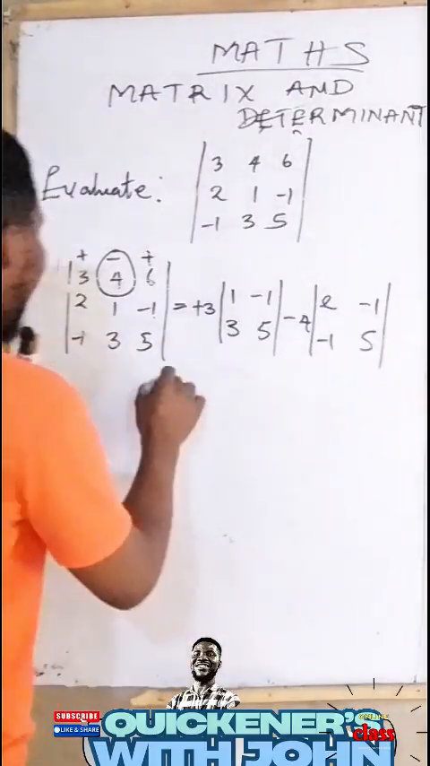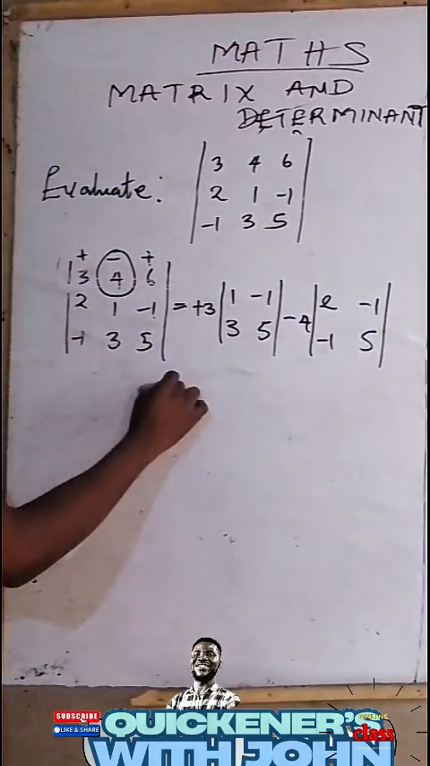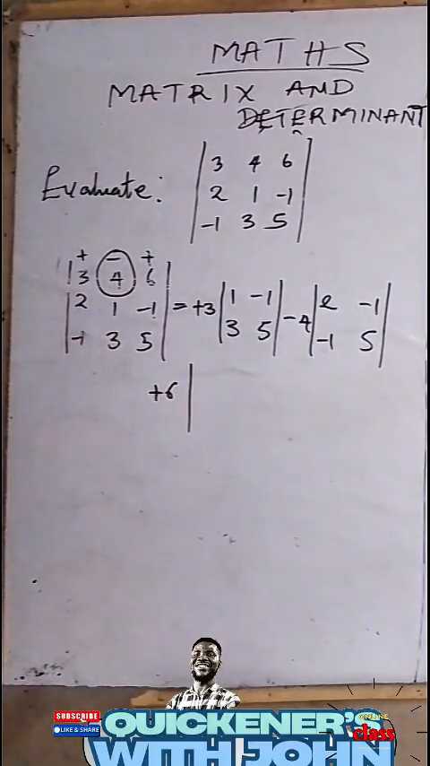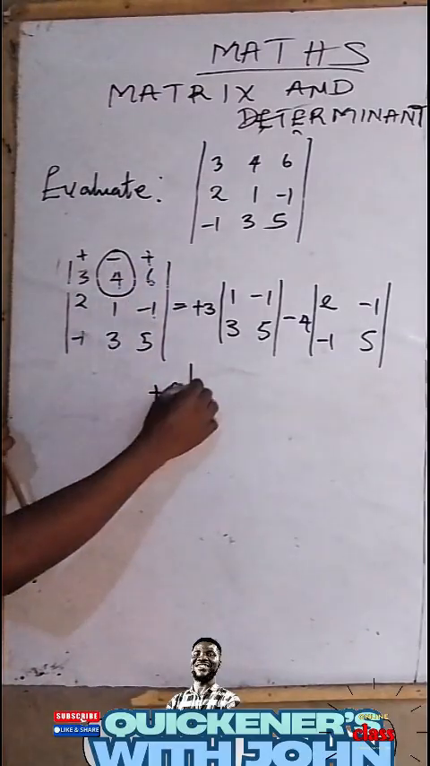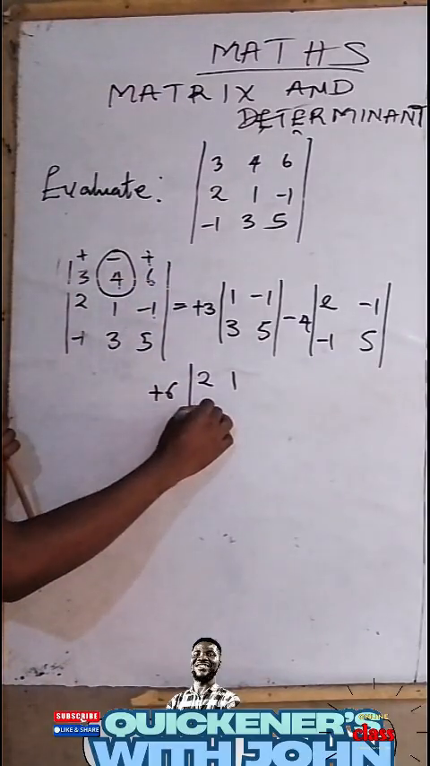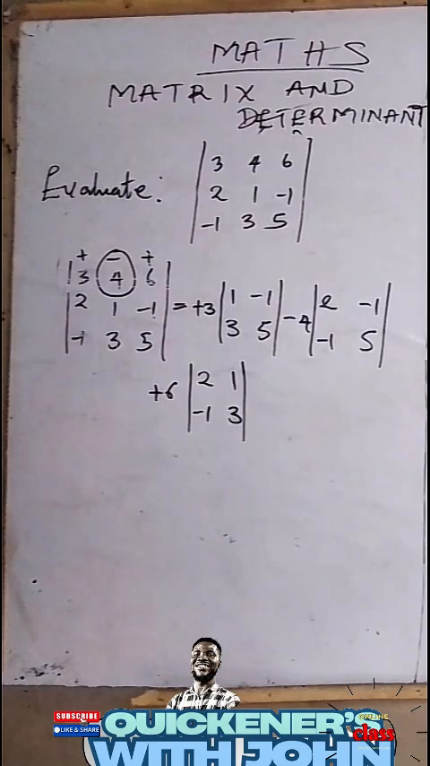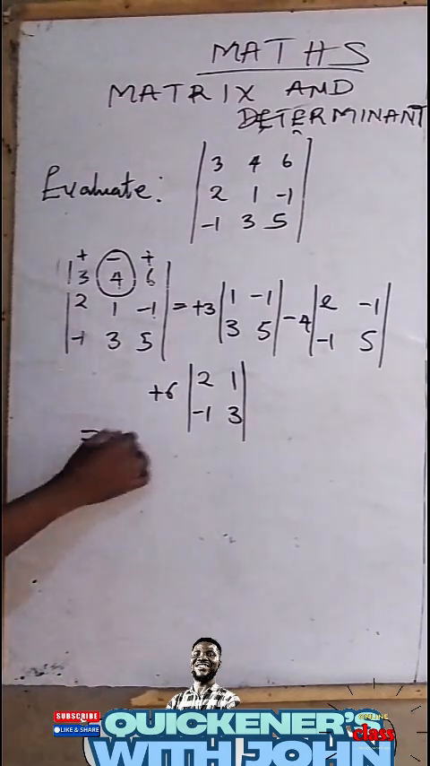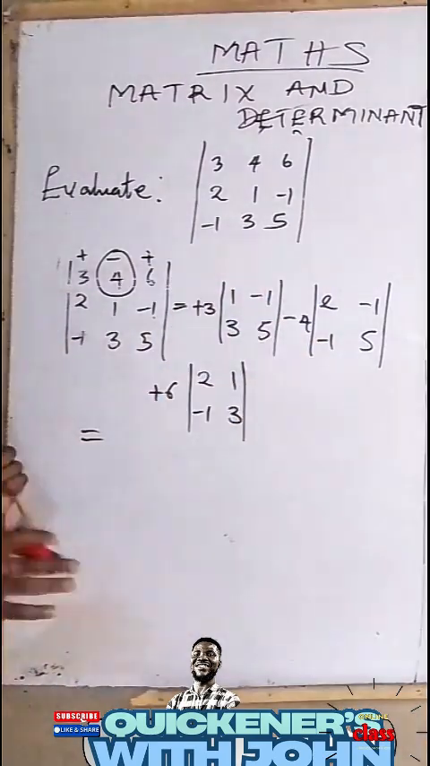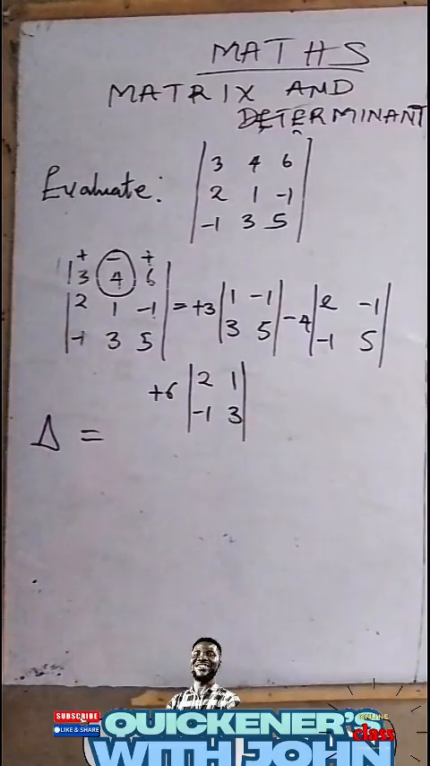So the next one is, remember, plus 6. Now you can know the answer for plus 6. So I'll suspend this and this. So what will I have? 2, 1, minus 1, 3. Can you see that now? Right? Good. Now you're going to evaluate all this. That will give you a determinant. Okay? So our determinant,